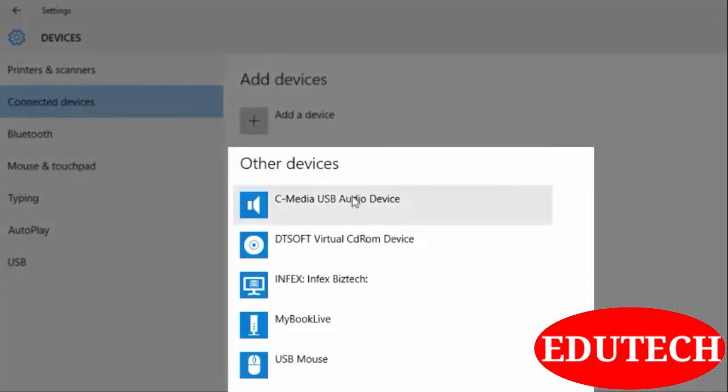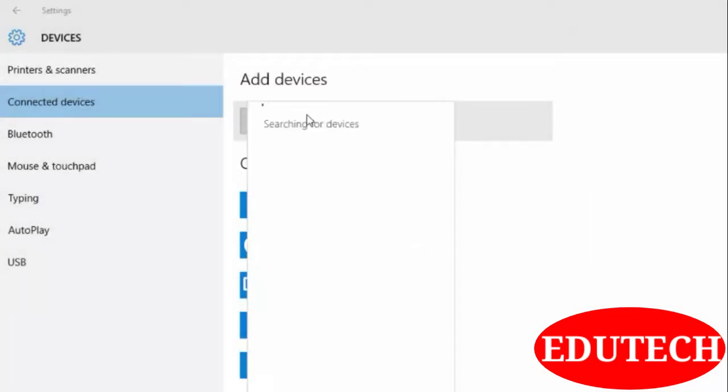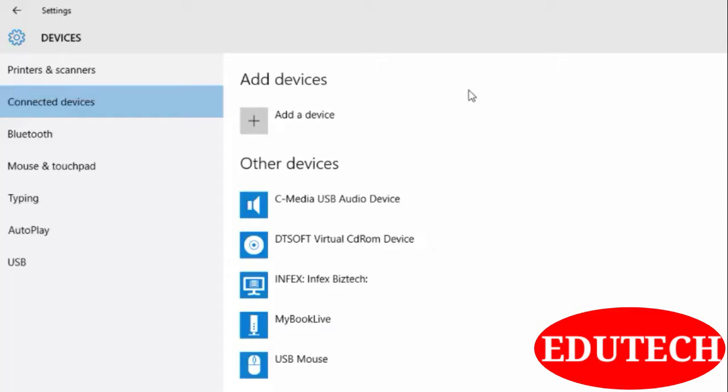Currently you can see I have one USB audio device, virtual CD-ROM, one network computer, one network drive and one USB mouse. So these are connected devices. To add a new device, you can click here. It will search for new devices if available. But currently I don't have any external devices available to connect, so I'm just closing it.